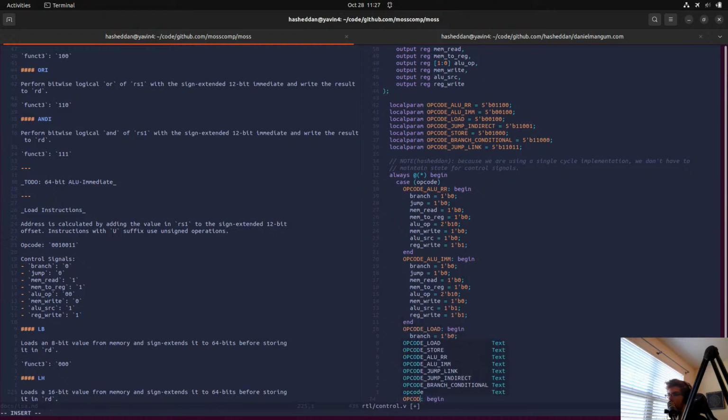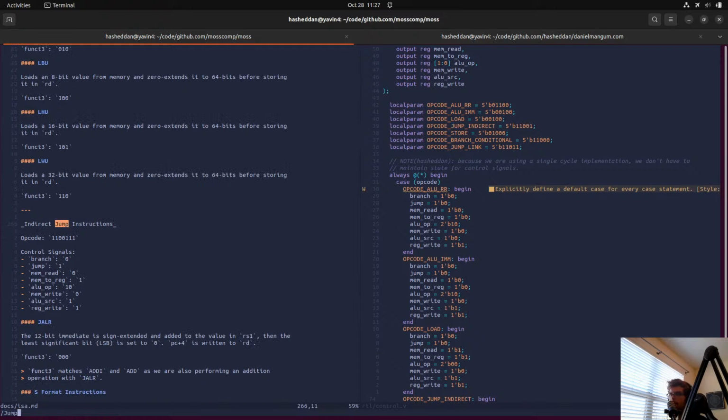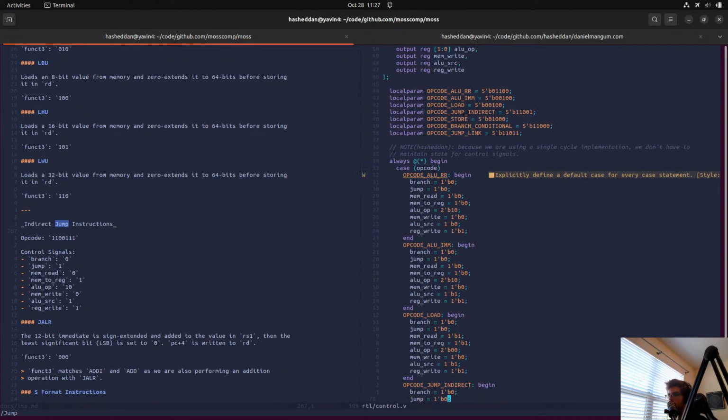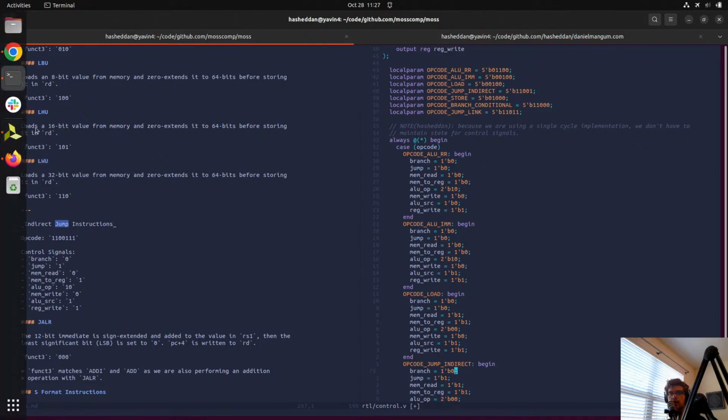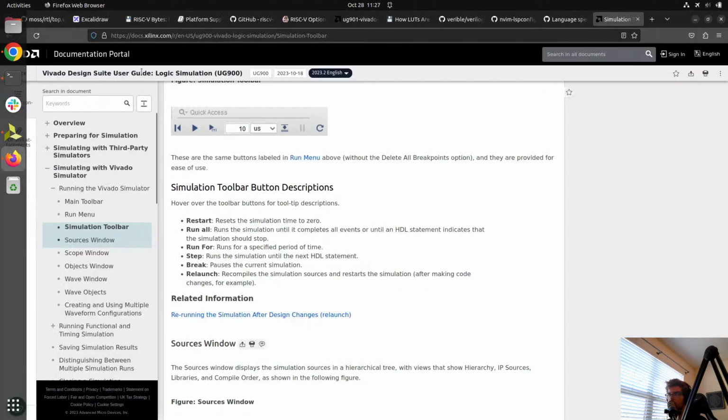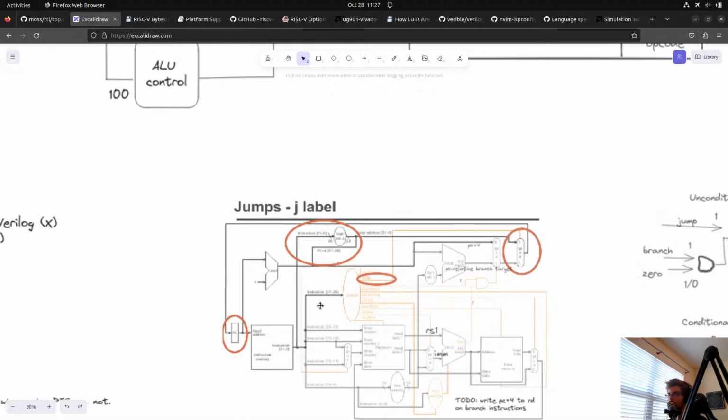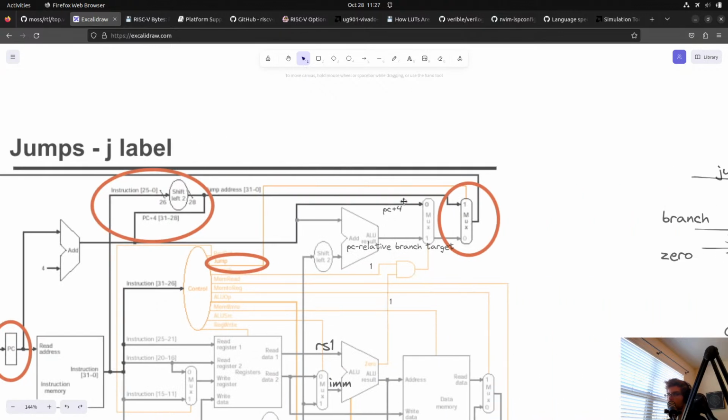We'll say opcode jump indirect. Branch is 0, but jump is 1. And remember, we introduced that new jump control signal while we were looking at that MIPS diagram. So basically, if jump is high, we just always select the jump instruction.